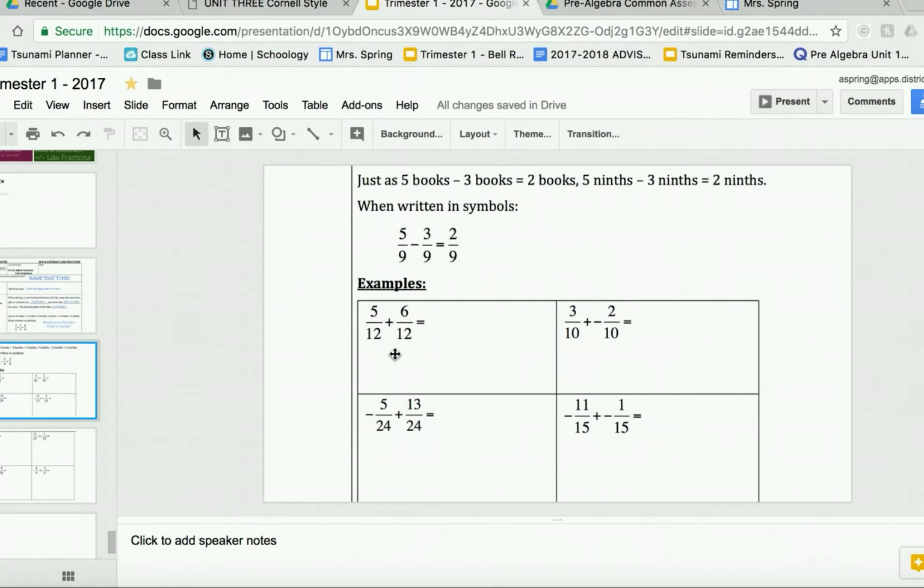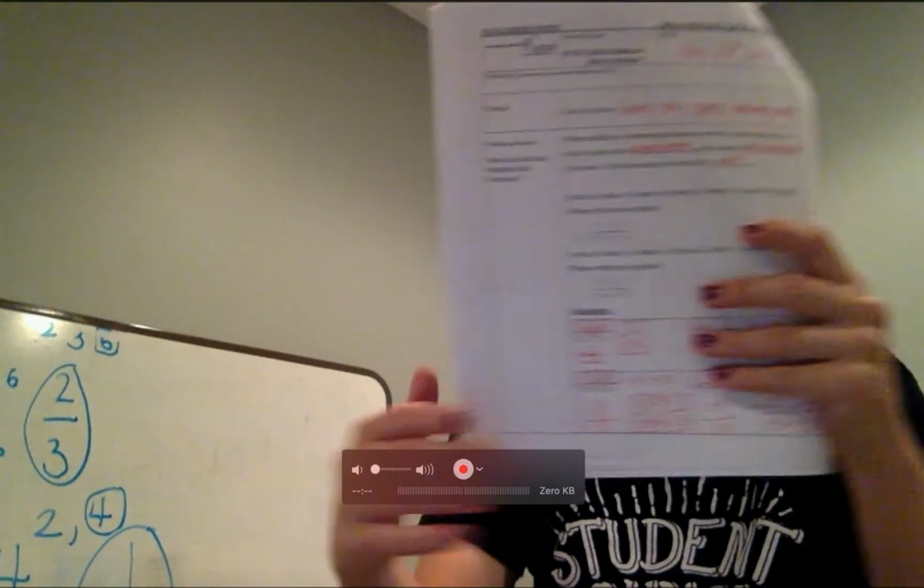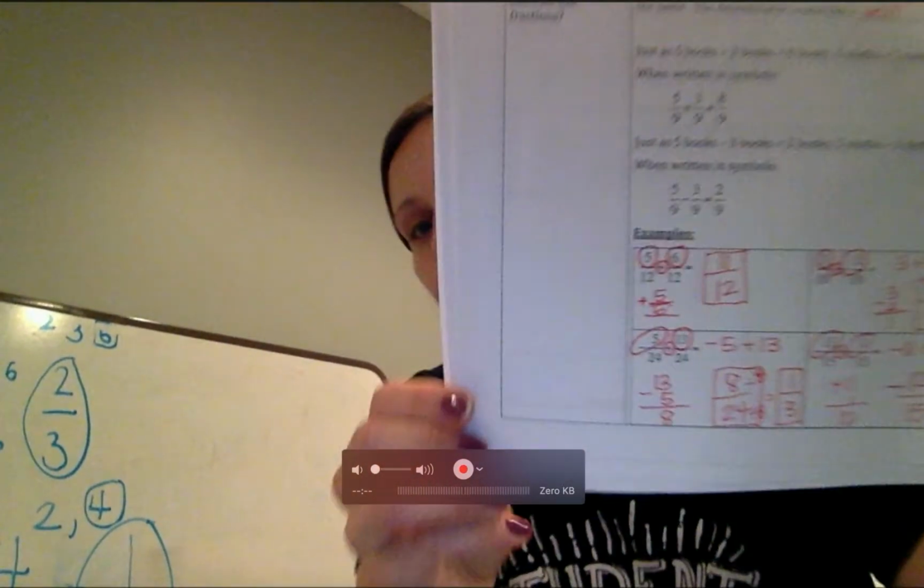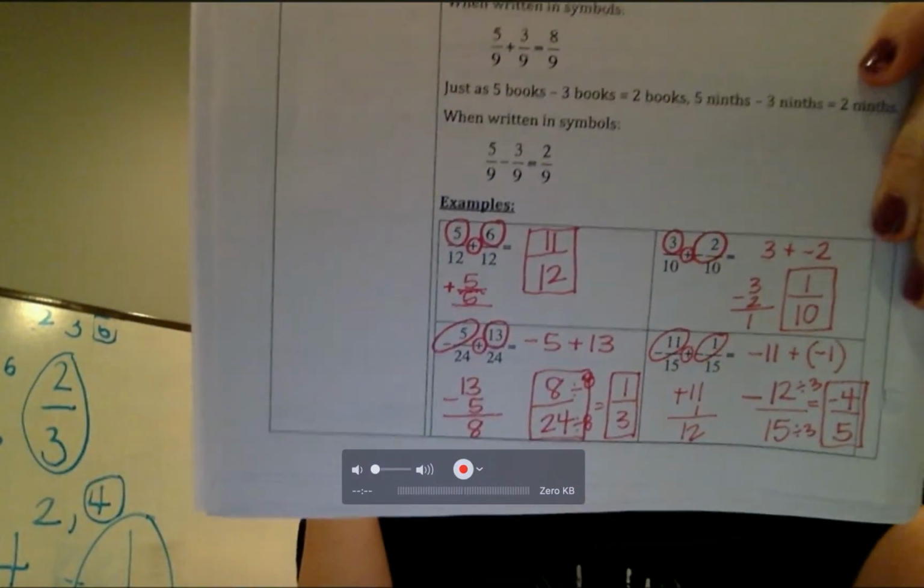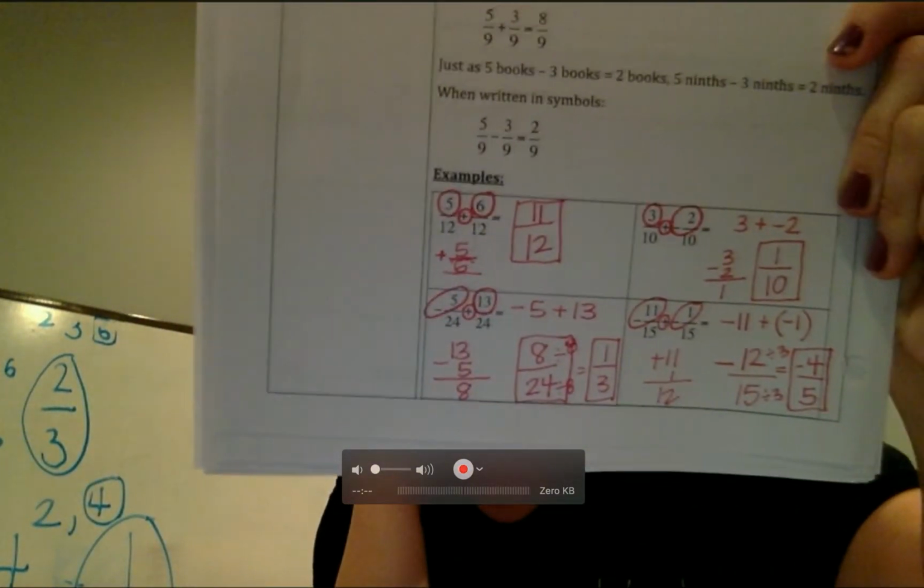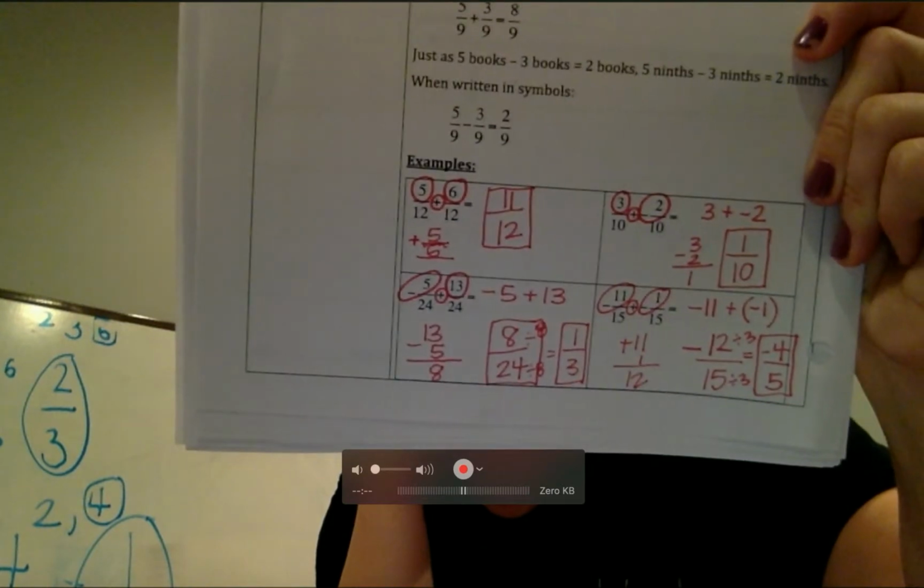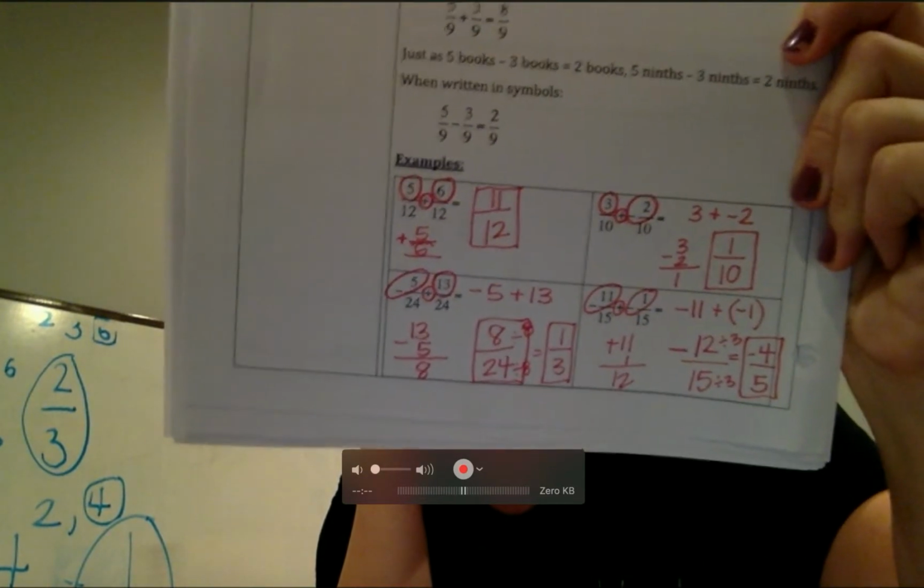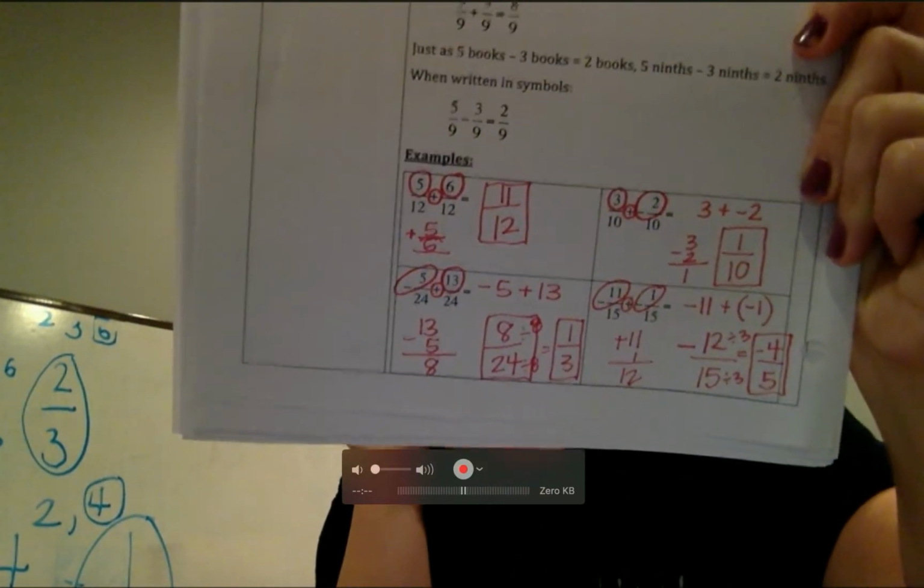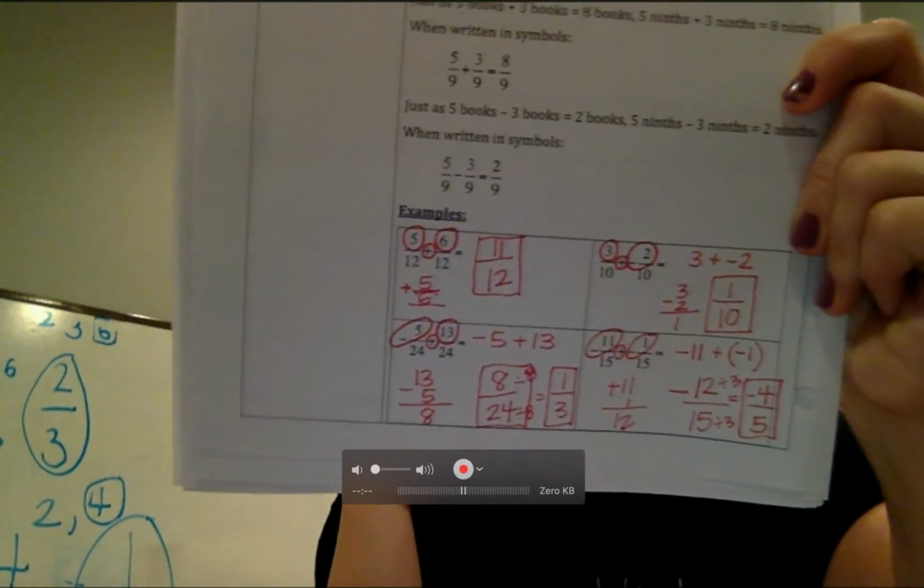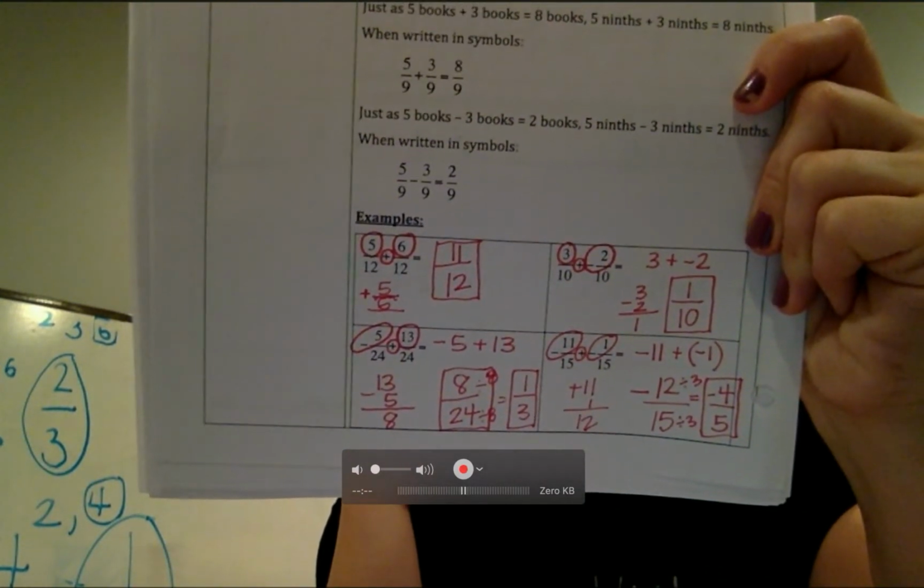Next example, 5/12 plus 6/12. I want you to stop for a second. I'm going to switch back to my face so that you can see. What I want you to do is do what I have done, and that is to circle the numerator, circle the operation, because that makes it stand out. And I know this might seem like extra work for you right now, but once we get into